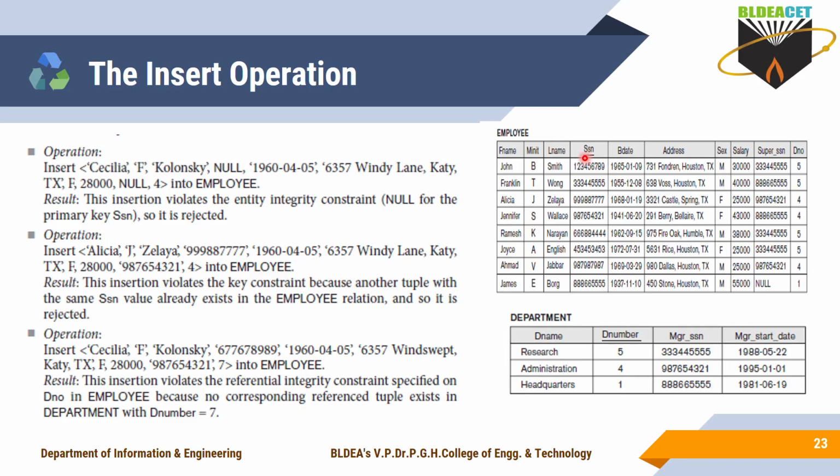SSN is underlined. Underline means it is a primary key. So for the primary key, is inserting null possible? One of the constraints tells that a primary key should not hold null values. Which constraint is it? The entity integrity constraint.